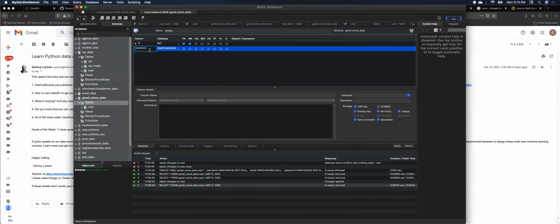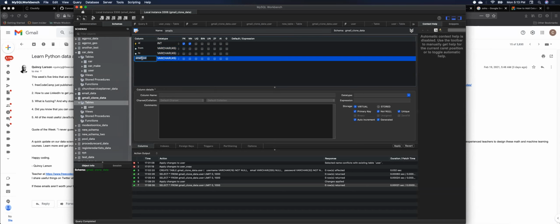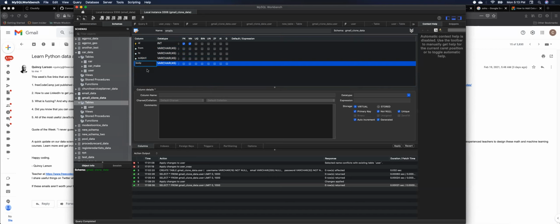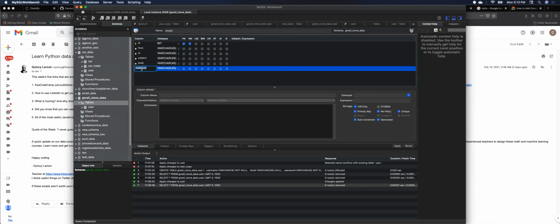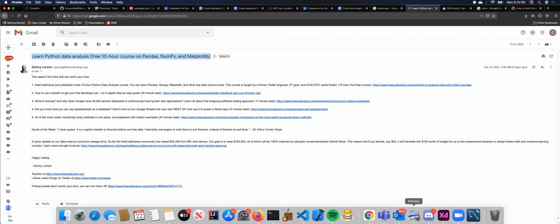So what we're going to need is we have the ID. Then we have from, to, subject, the body of the email, and then the timestamp. Sure. They're all going to be varchars. From and to don't need to be more than 45. Subject. How many characters is this? We can use this as an example. Subject can be like,